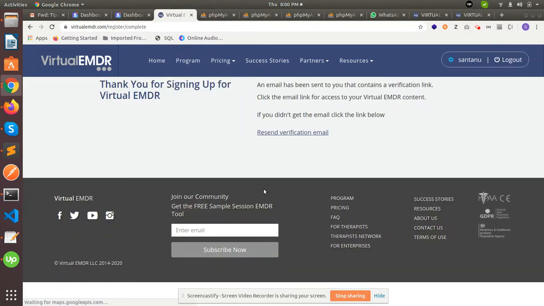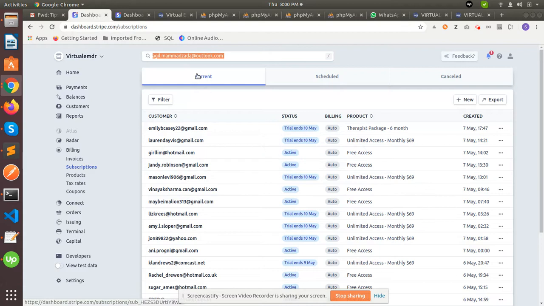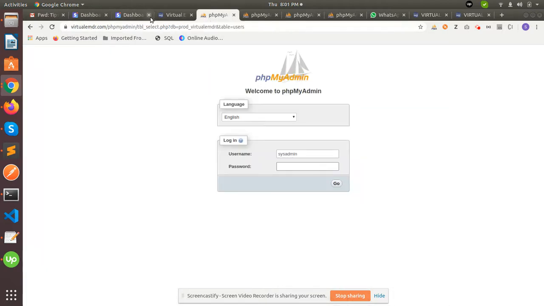What happens is that, as he does not put in any card information, the customer does not enter into Stripe. So I am not finding this customer in Stripe, but he is entered into the database.